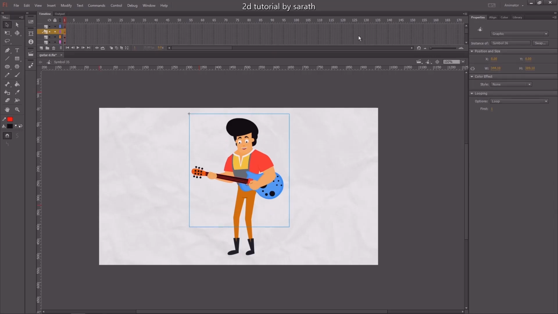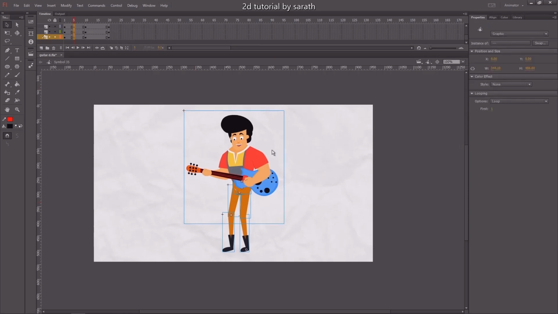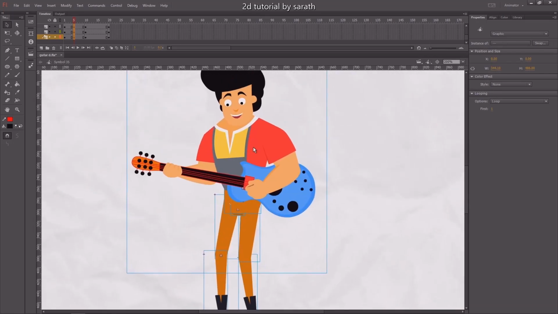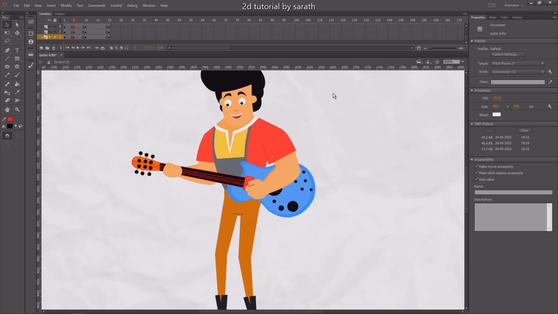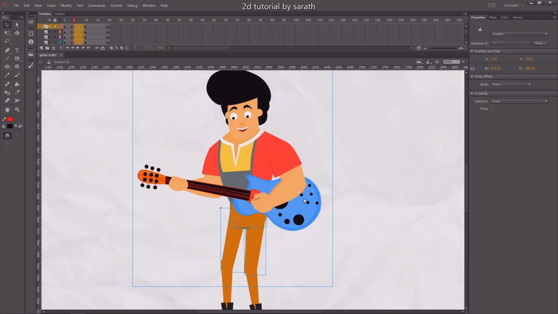Now let's start inserting keys on the timeline. We have to give some up and down movement to this character.